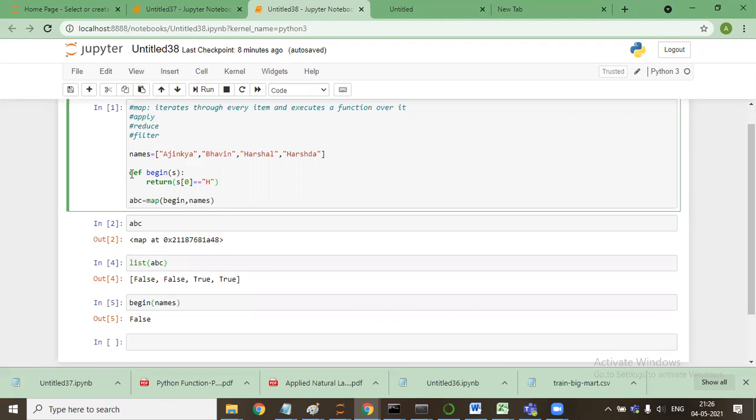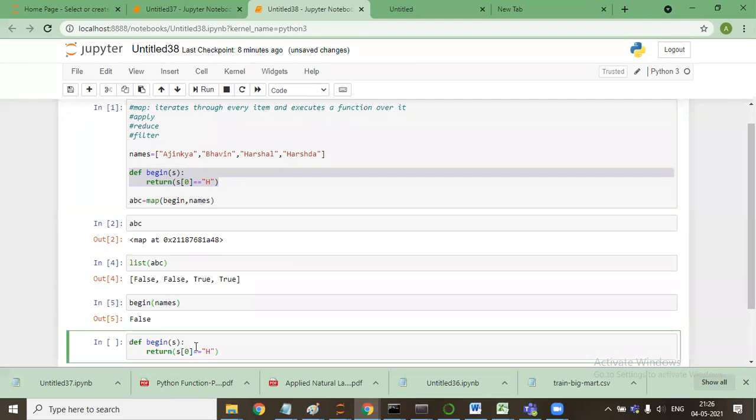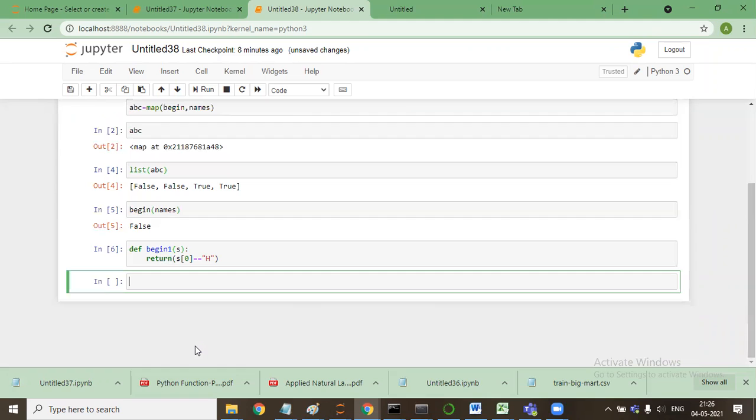So this is the function I have made. Now if I name it begin one, let's example, and I say shift enter. Now if I say begin one, what's a good name?